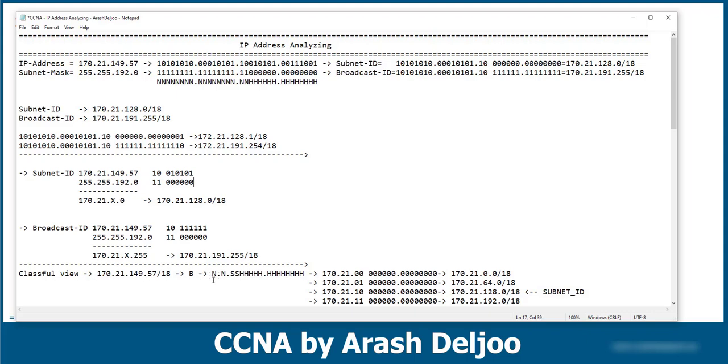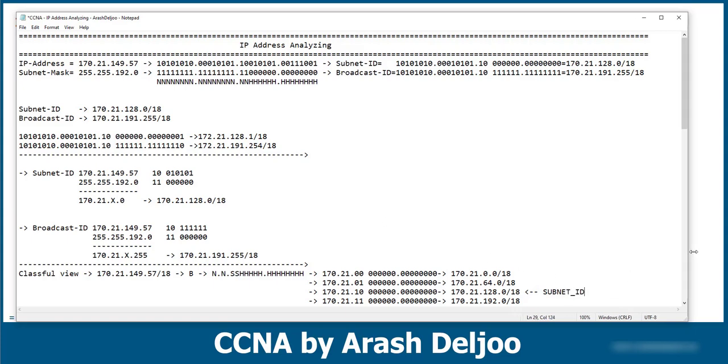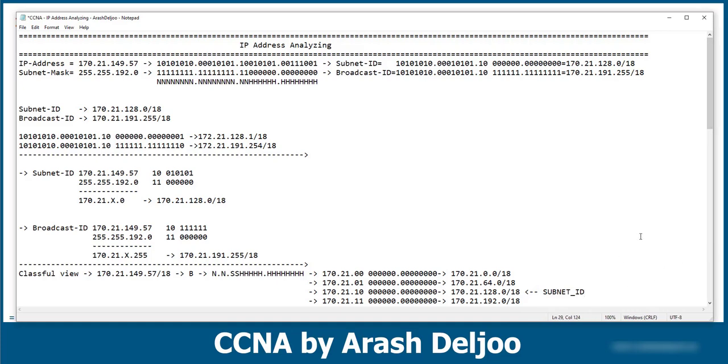The class of IP address with classful view. After that, you know how many bits are the subnet bits. After changing the subnet bits with different values, you can find the subnet ID. After that, for broadcast ID, you know that the broadcast ID is one number less than the network ID of the